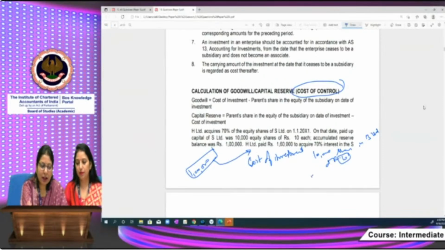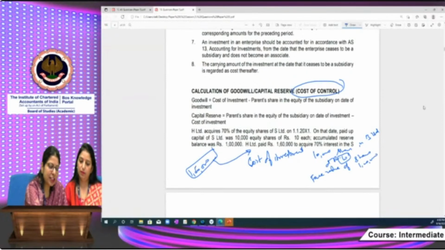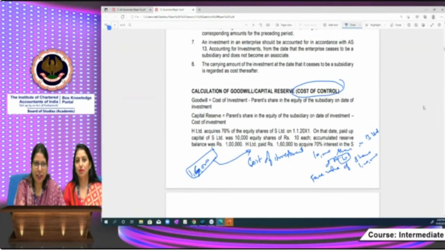You are getting the face value of shares, 1 lakh. Suppose the purchase price I am changing to 1,50,000. For 1,50,000 I am buying 10,000 shares. The par value of the share was rupees 10. So now the face value of shares is rupees 1 lakh, and on the date when I bought the investment in the subsidiary company